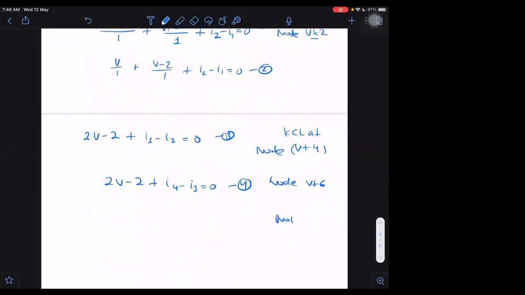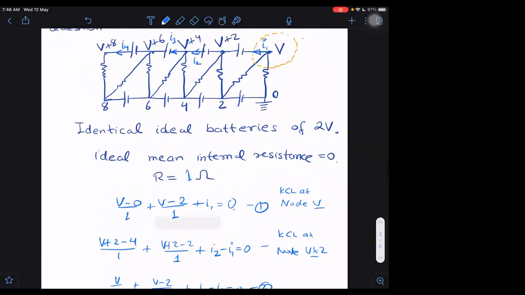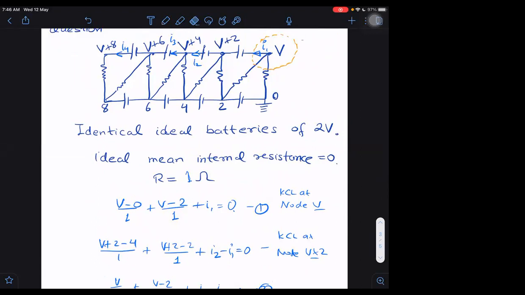Node V, V equal to I4, plus 8. Although somebody may think that it is a single branch only, in this also I can write the equation. In a single branch, current entering is I4 and current leaving should also be equal to I4 only.